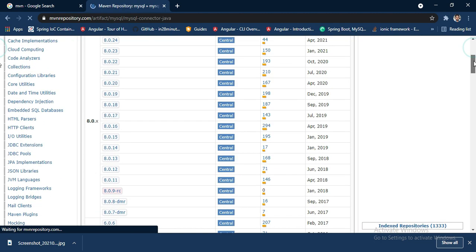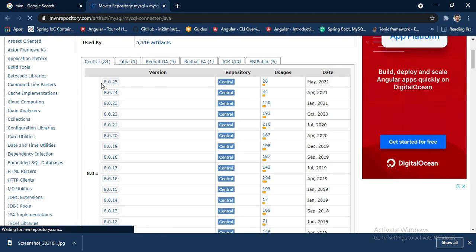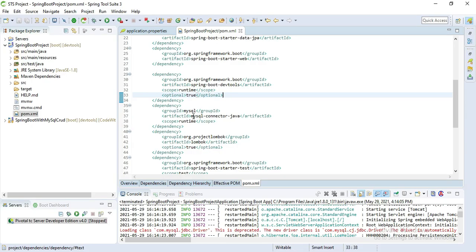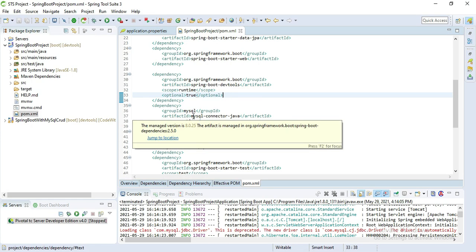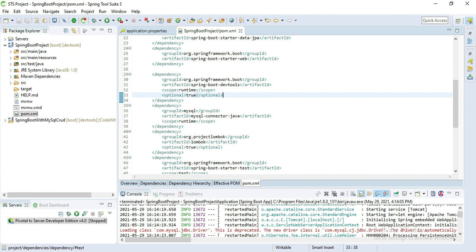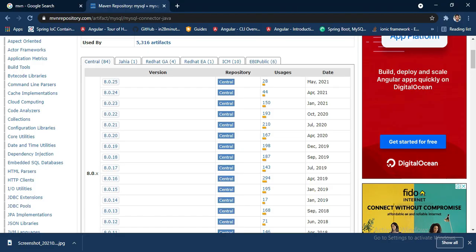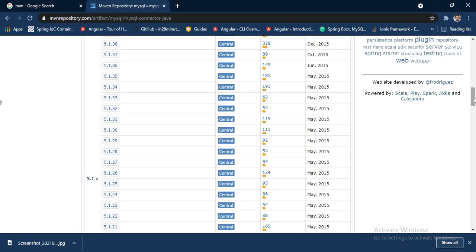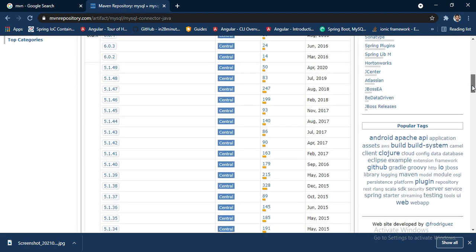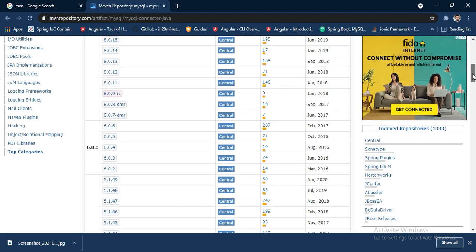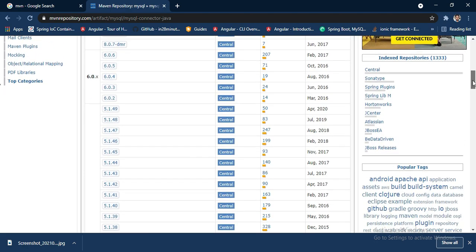You can see our latest version will be installed there. If I hover here, you can see 8.0.25, but we have to install the old one, 5.1. Let's scroll down. If you get this kind of error, that means your MySQL version is old and your dependency is new.